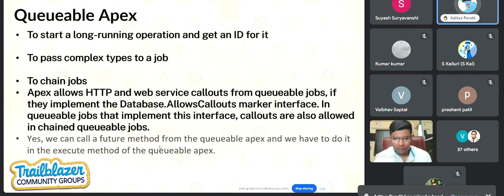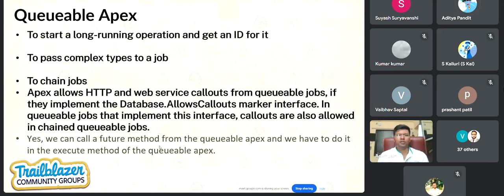I have one question about future method. How many ways can we abort the future method? Is there any way? System.abort, I have heard about it, directly killing or aborting a future method. I think I would need to explore a little bit more on how to abort the future method, because you don't have any control. You don't have an ID, so I don't think you would be able to control that actually.